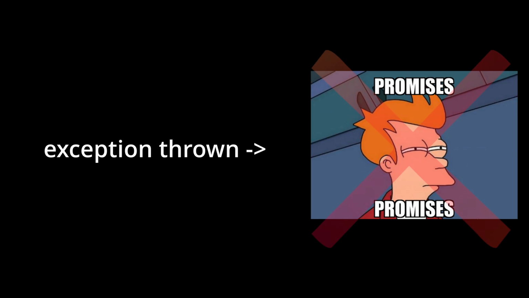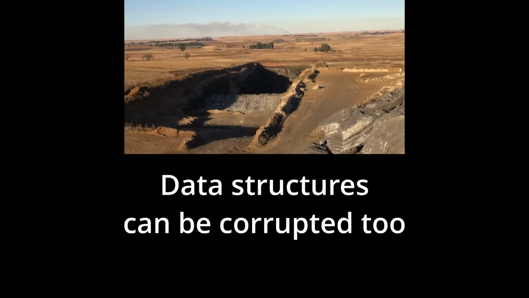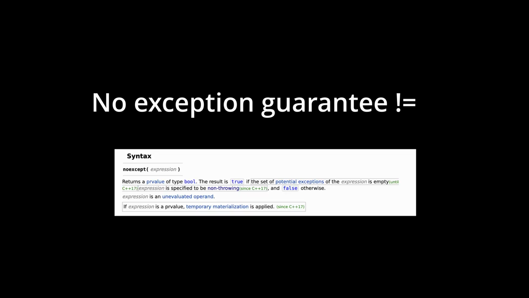This is the weakest form of exception safety. It means that if an exception escapes the function, the program makes no promises about the state of your object and resources. So anything can happen. Resources may leak, invariants can be violated, objects may end up in an invalid and inconsistent state, data structures can be partially modified. One important thing to notice is that this guarantee has nothing to do with the noexcept keyword. Noexcept means a function promises not to throw. The no exception guarantee means if something throws, the program doesn't guarantee recovery or consistency.